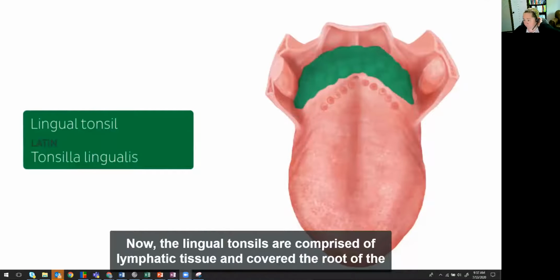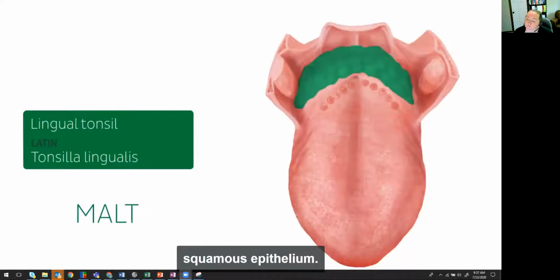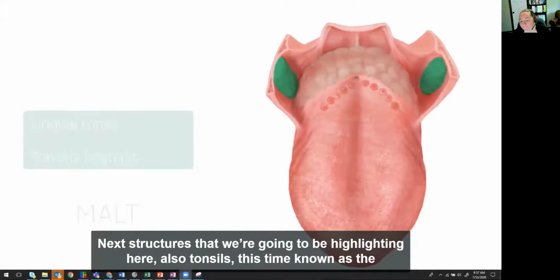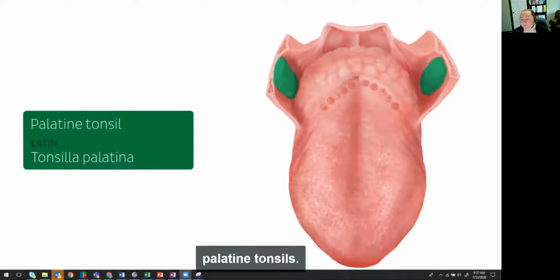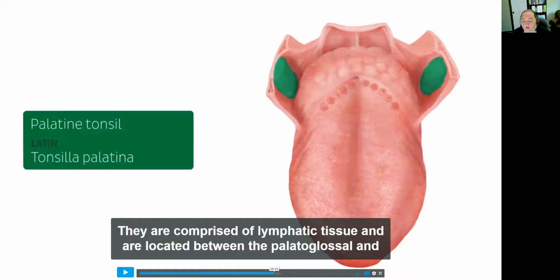Now, the lingual tonsils are comprised of lymphatic tissue and cover the root of the tongue, as you can see. Now, this mucosa-associated lymphoid tissue, also known as MALT, M-A-L-T, is covered by stratified squamous epithelium. The lingual tonsils contain lingual follicles. The next structures that we're going to be highlighting here, also tonsils, this time known as the palatine tonsils, that are comprised of lymphatic tissue and are located between